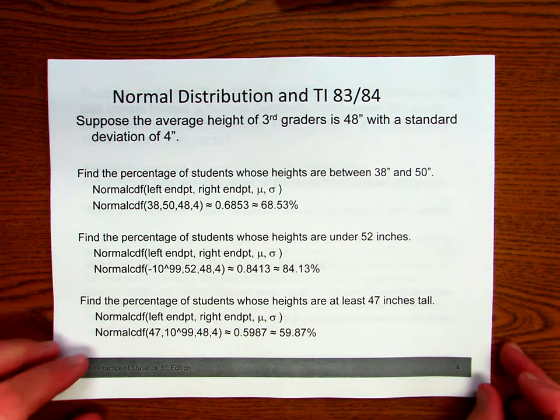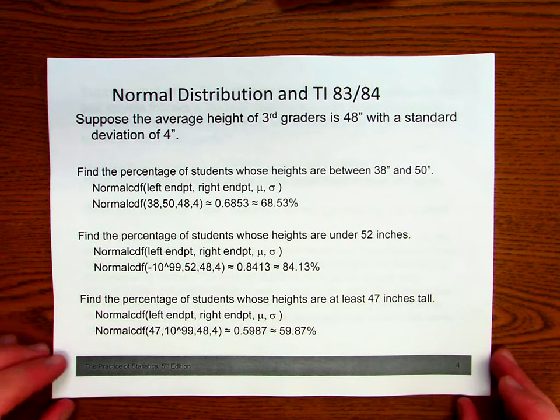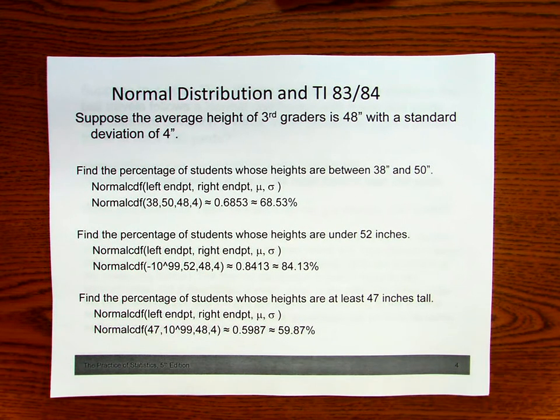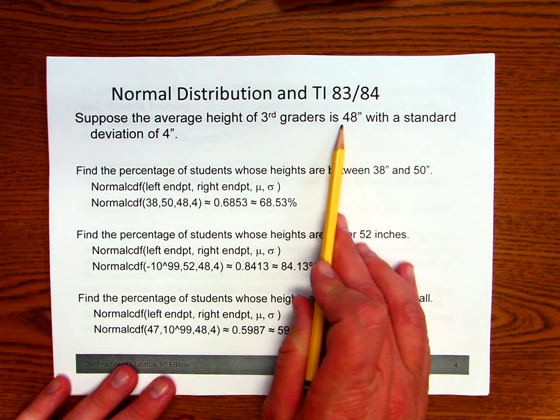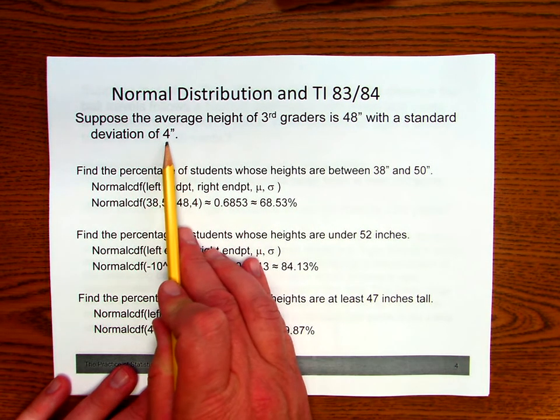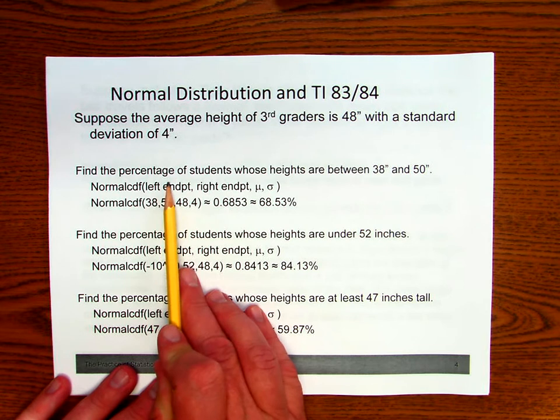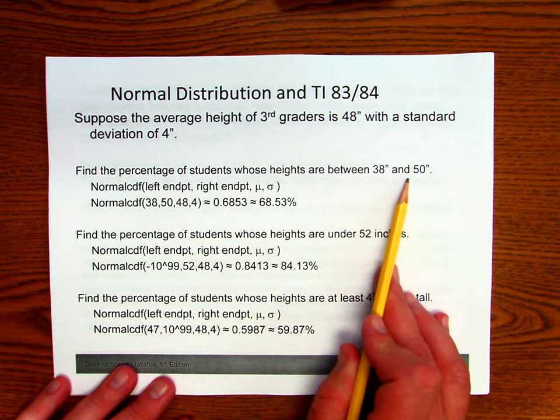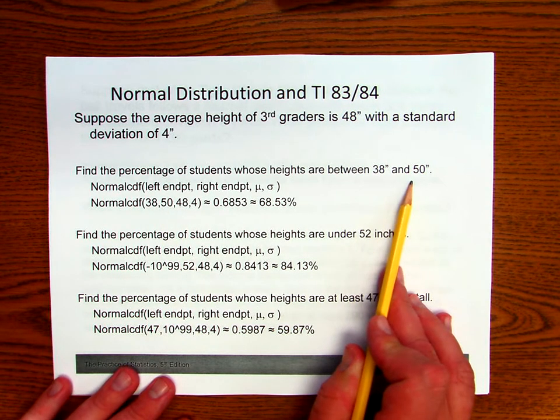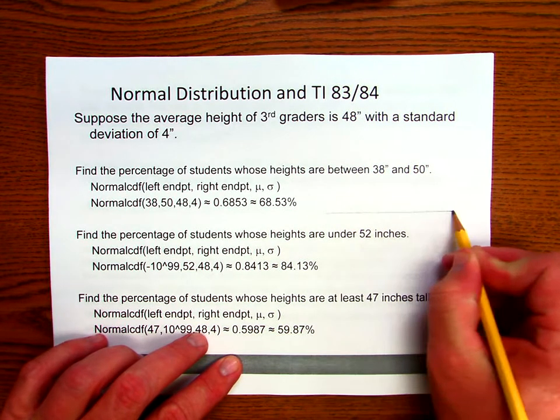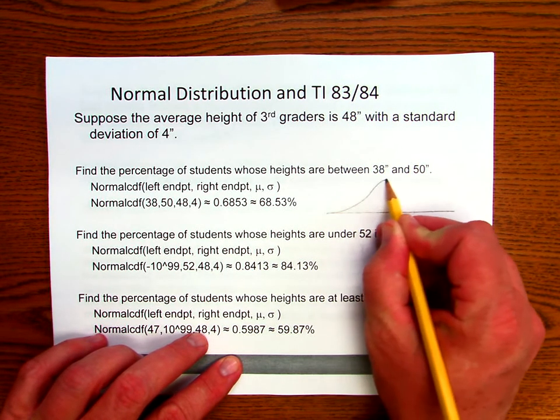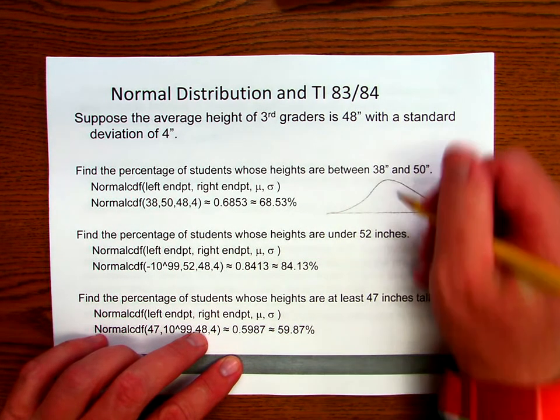All right, so running through some examples that will illustrate the different ways this could set up in your calculator. Suppose the average height of 3rd graders is 48 inches with a standard deviation of 4 inches. Find a percentage of students whose heights are between 38 and 50 inches. So just as a quick comparison to using the empirical rule here,